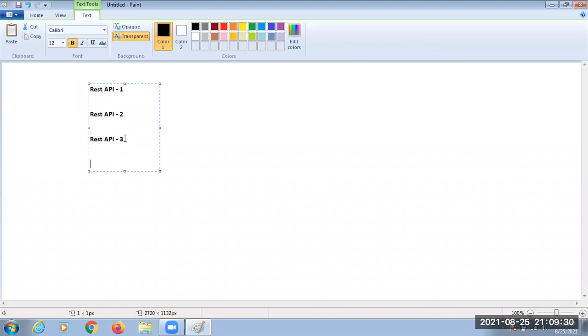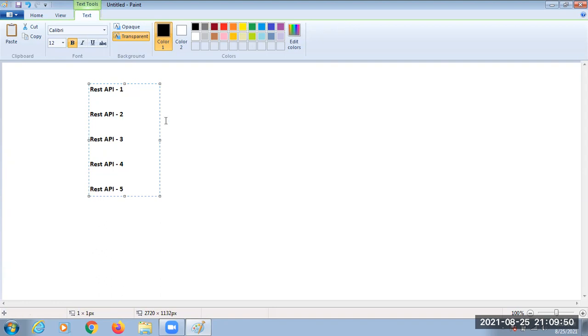Next, REST API 4. Next, REST API 5. So REST API 1, then REST API 2, REST API 3, REST API 4, REST API 5. Fine.